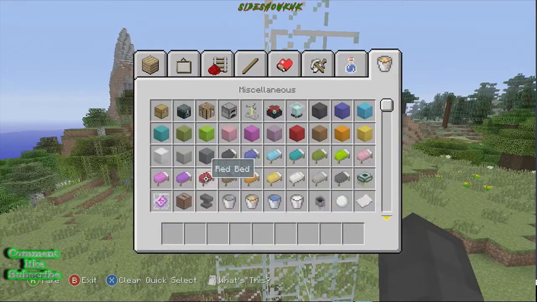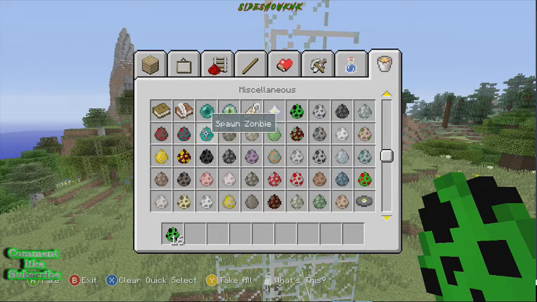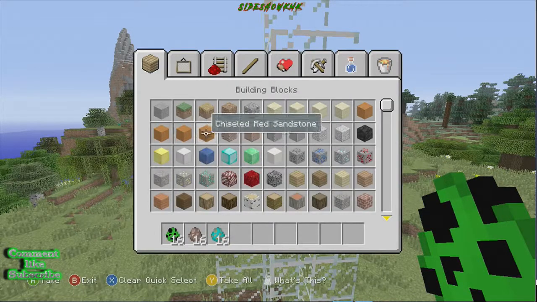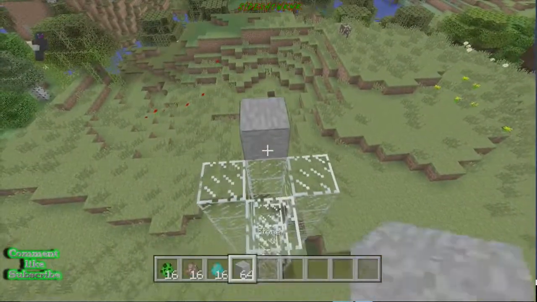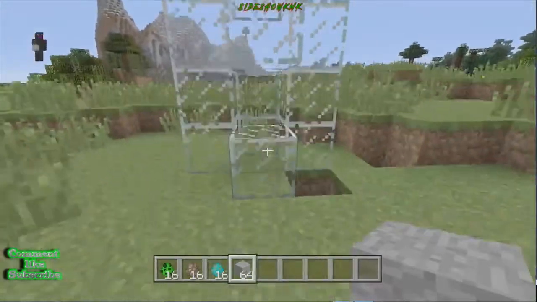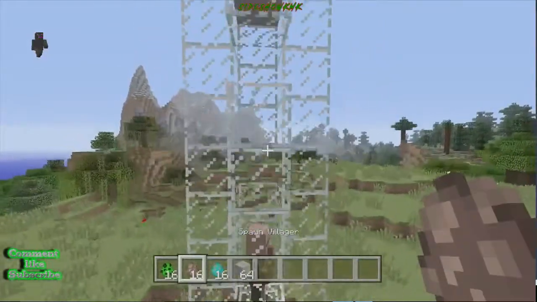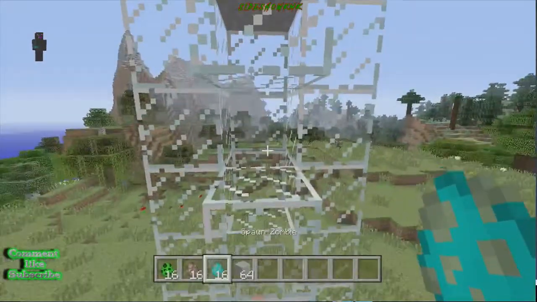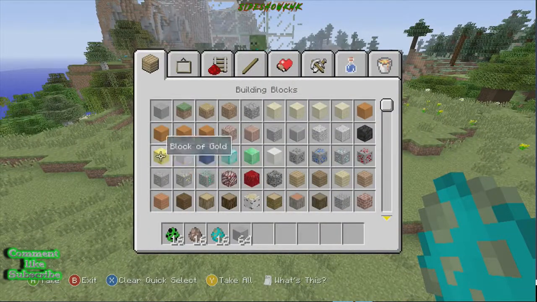First things first, we'll start off with a creeper. We'll start off with a villager, and we will start off with, let's say, a zombie. But for the zombie, I guess we're going to have to change the top block to something where you won't catch on fire. We've learned that in a few videos that we've done trying to make this actually successful. So boom. Then what we will do is we will create a small cage